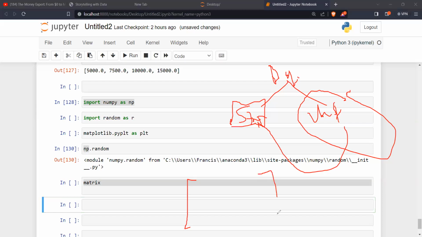In Excel, you have rows and columns. If I have 1, 2, 3 here and 1, 2, 3 here, what does 1, 1 represent? Row 1, column 1.